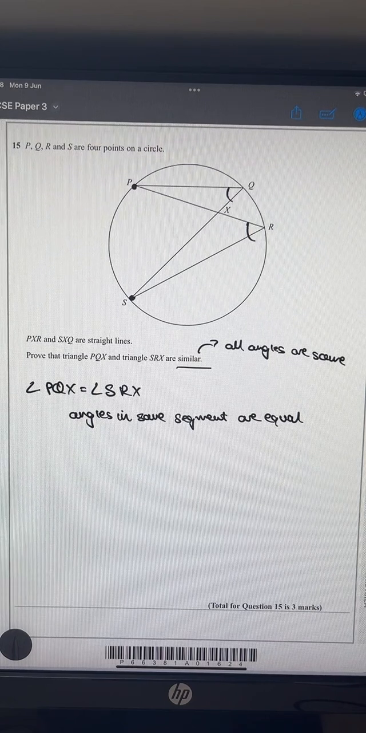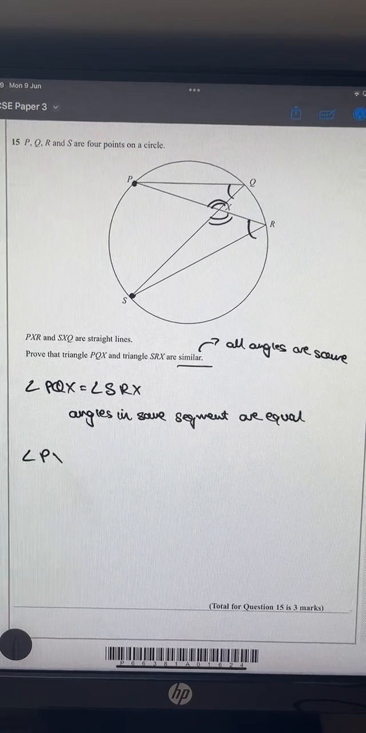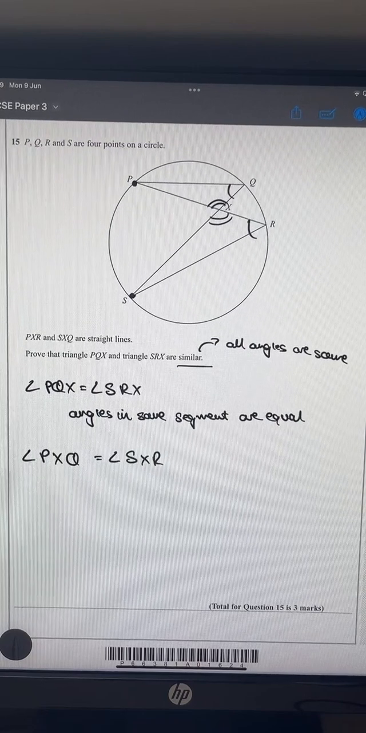So which ones are opposites? It's going to be PXQ. So this one, I'm just going to put 2 lines there, and SXR there. These are vertically opposite angles. So I can just say angle PXQ equals angle SXR, and you can write angle using this little triangle notation. And why? Vertically opposite